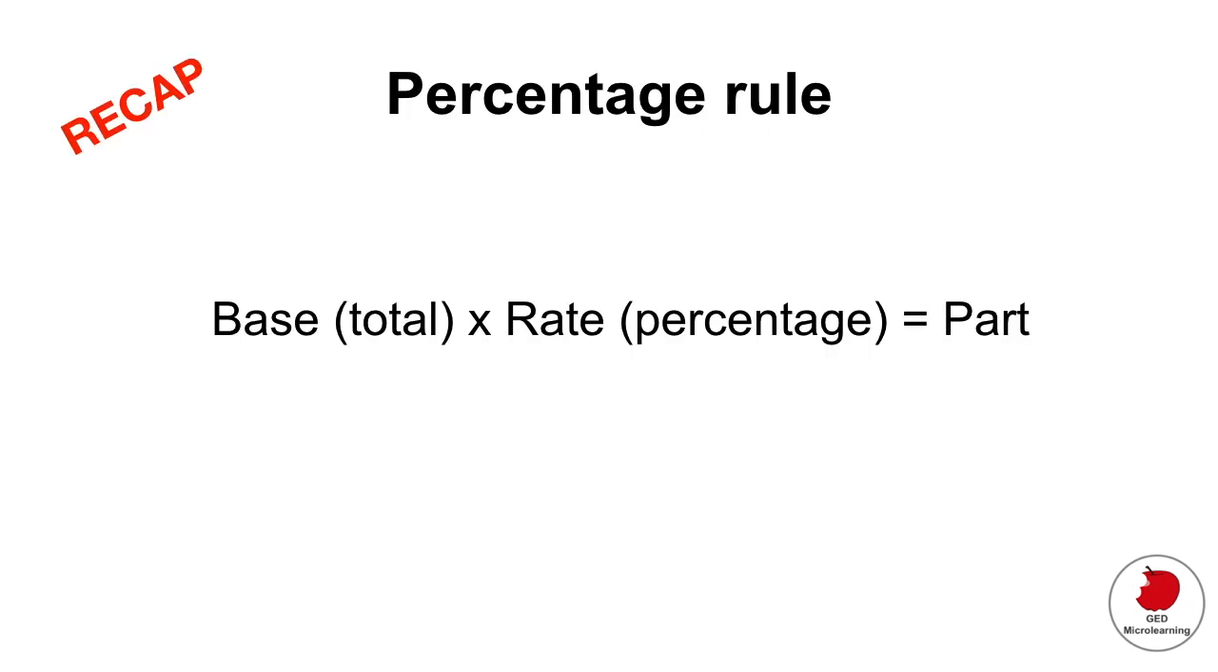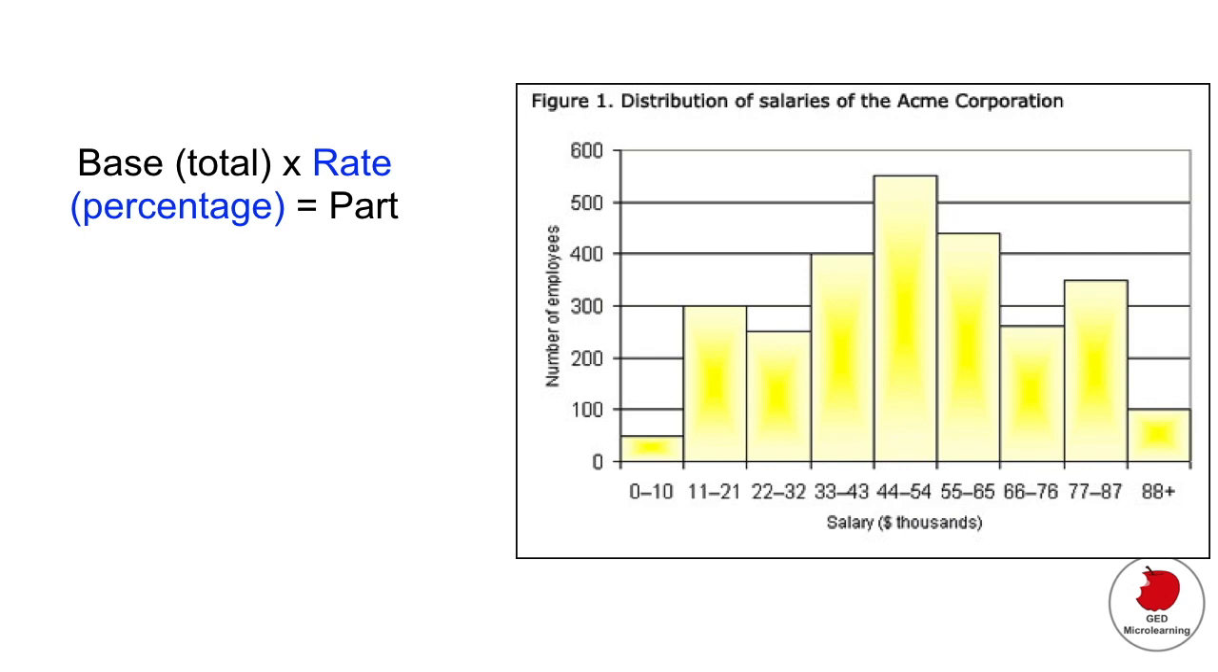Because the question is asking for the percentage of all employees that earn $88,000 in this company, you're going to use the percentage rule to answer the question. I really recommend that you commit this formula to memory because it is going to make your life so much easier. The formula says that the total, or the base, multiplied by the rate or percentage is going to equal the part. In the context of our problem, it's asking what percent of the total number of employees in this company